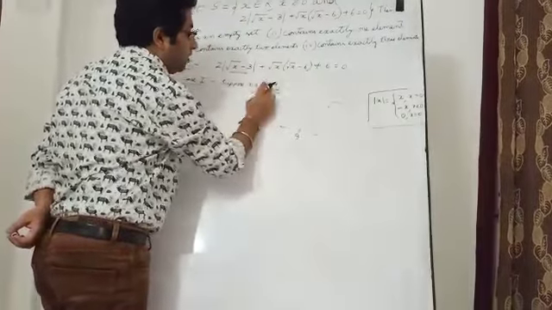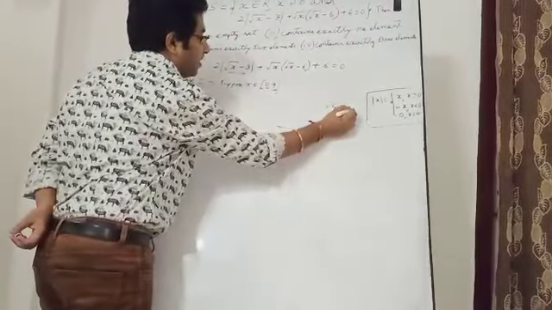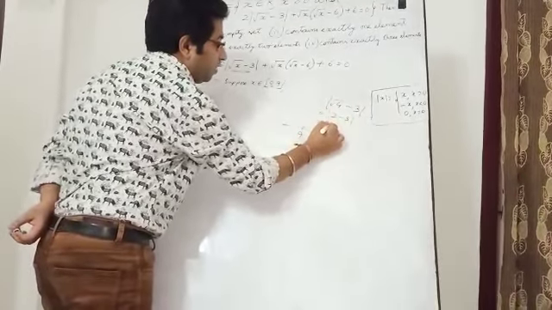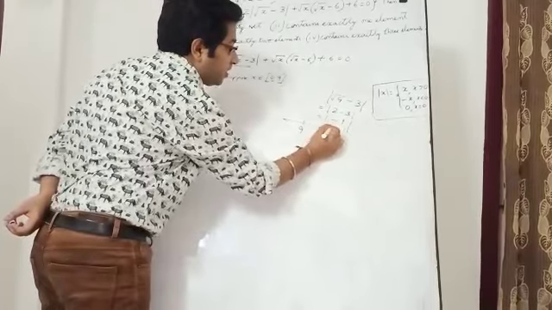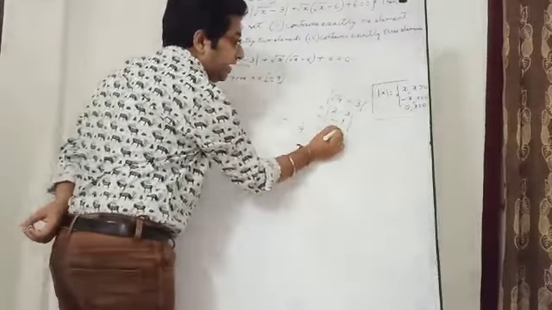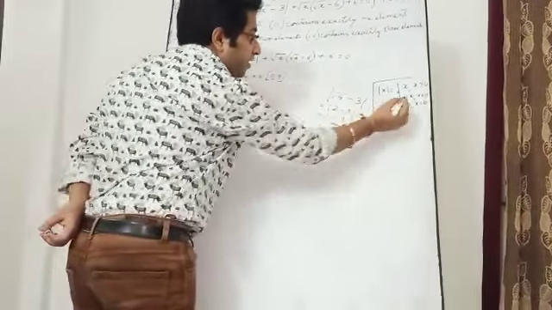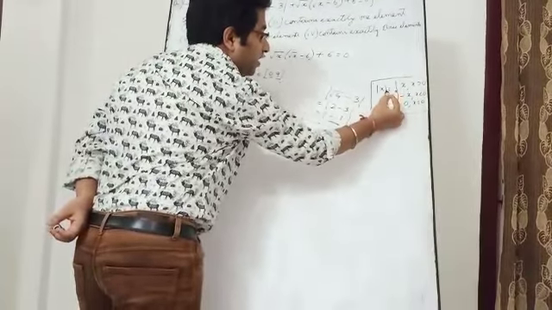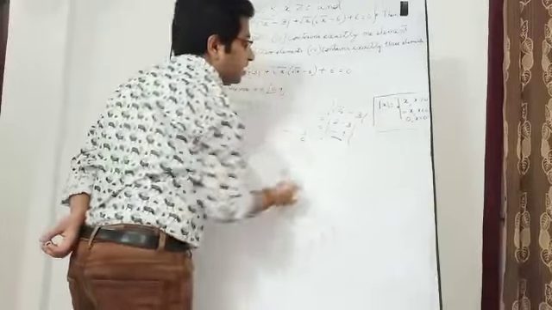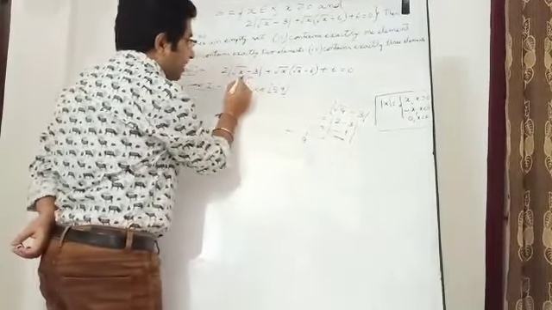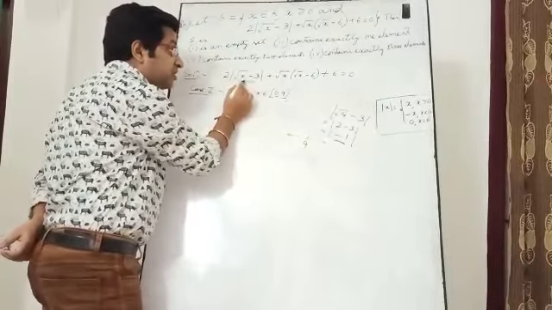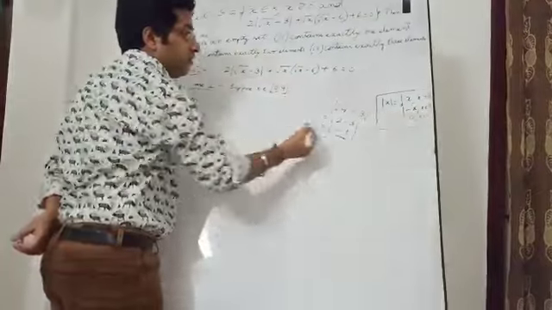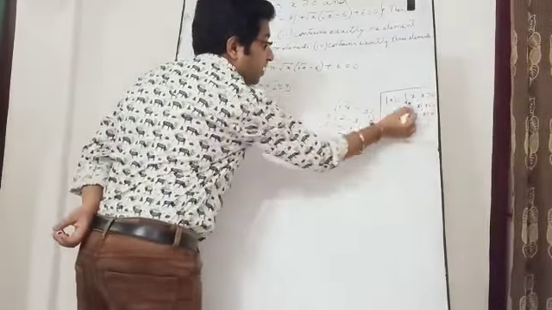Suppose root over 4. Modulus of root over 4 minus 3 is 2 minus 3, equal to modulus of minus 1. What is this number? This is a negative number. And modulus x is minus x when x is less than 0. I mean, if the inside expression is a negative number, then your modulus x will be minus of x, provided your inside expression x is less than 0.